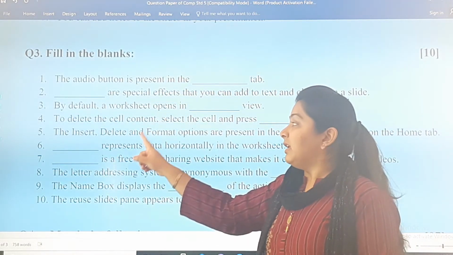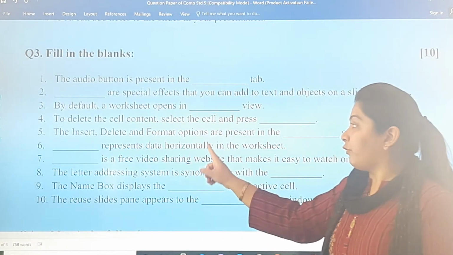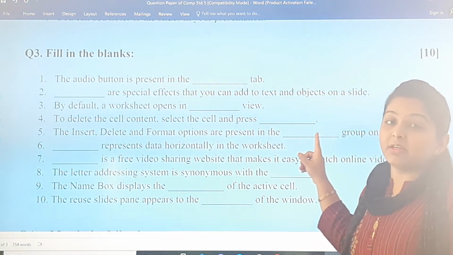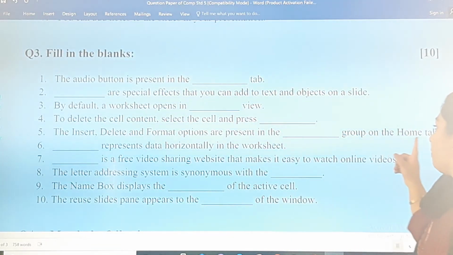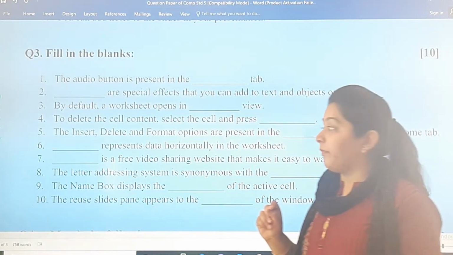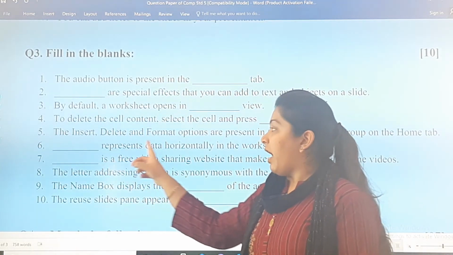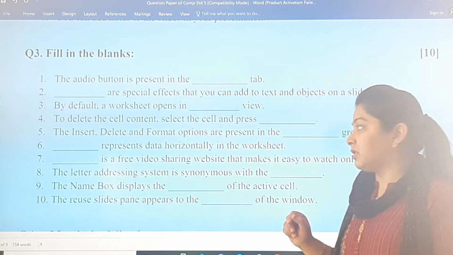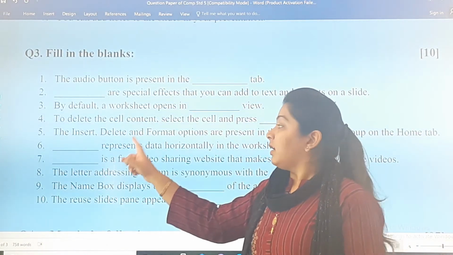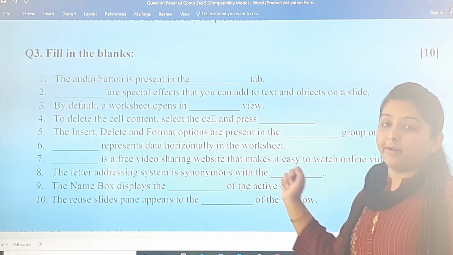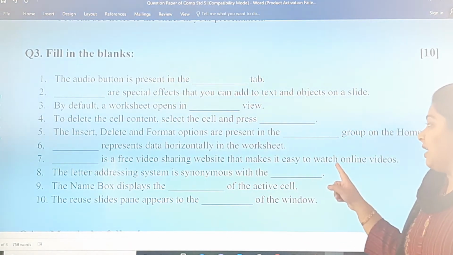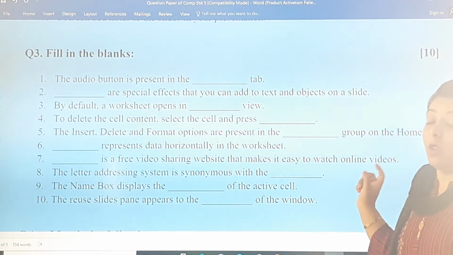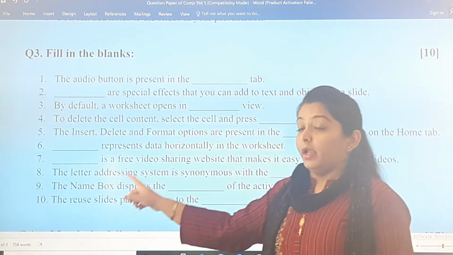Fifth, the insert, delete and format options are present in the dash group on the home tab. Sixth, dash represents data horizontally in the worksheet. 7. Dash is a free video sharing website that makes it easy to watch online videos. 8.